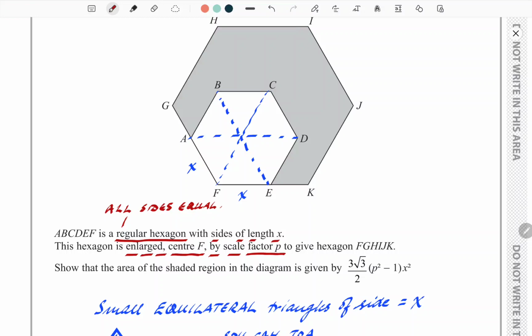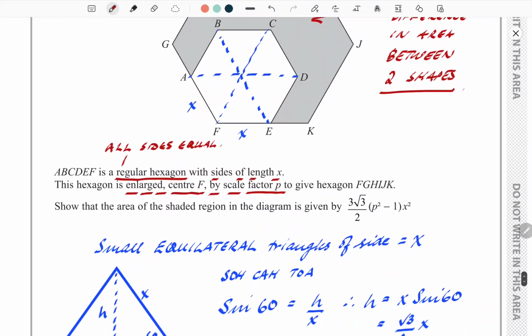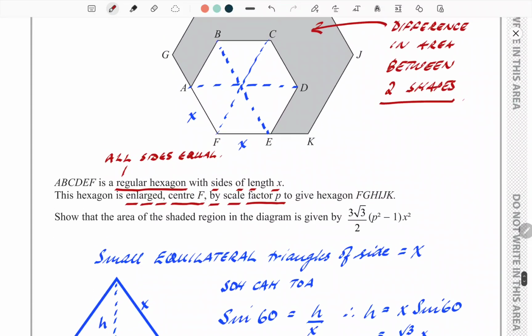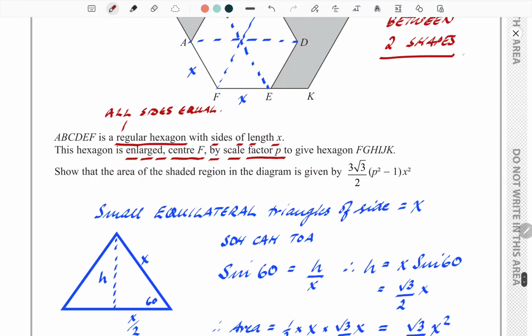And it's saying show that the area of the shaded region, so this bit here in the diagram, is given by a particular expression that looks nastier than it actually is. The important thing to note is that this area is the difference in area between the two shapes. The two shapes, right? Okay, so first thing we're going to do, we know that a regular hexagon is made up of